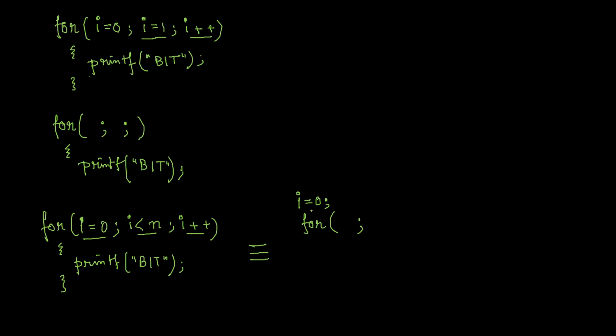So just before the for loop starts, that I has been initialized by 0, no problem. But this I lesser than n statement, you cannot change anywhere, because every time this should be checked before entering this printf statement. That's why you must have this I lesser than n in this situation within this second part.